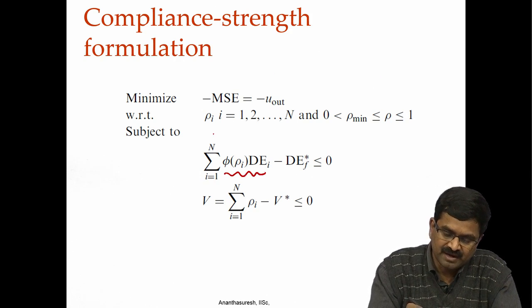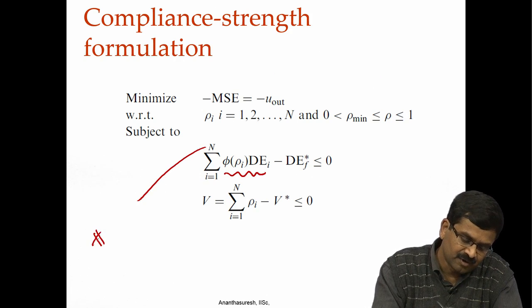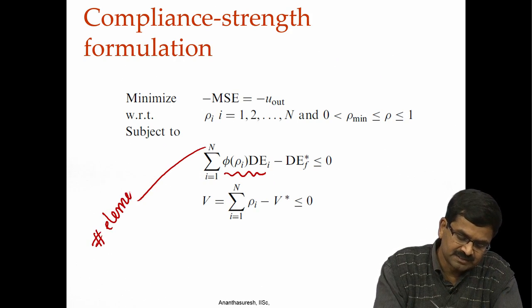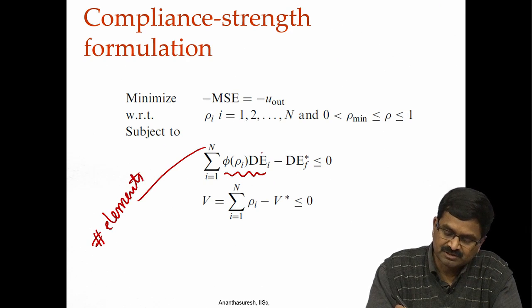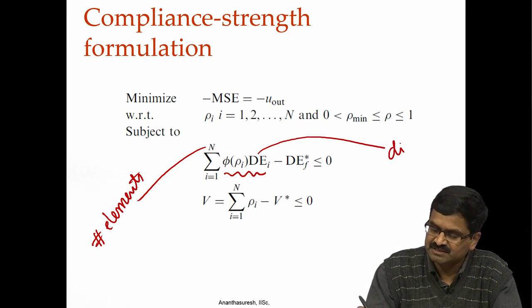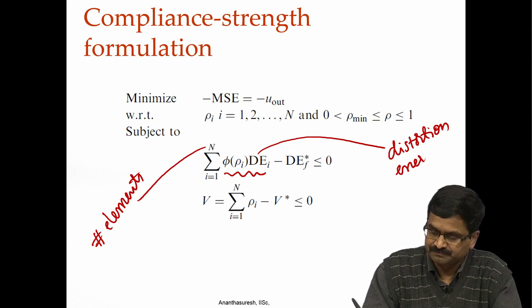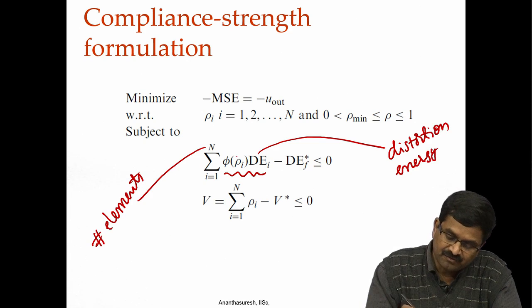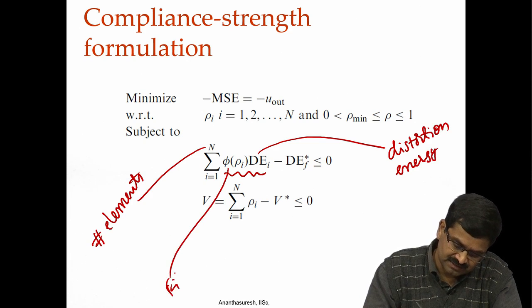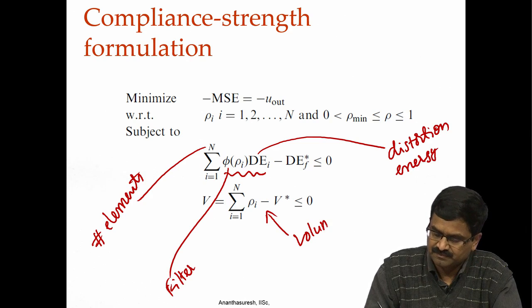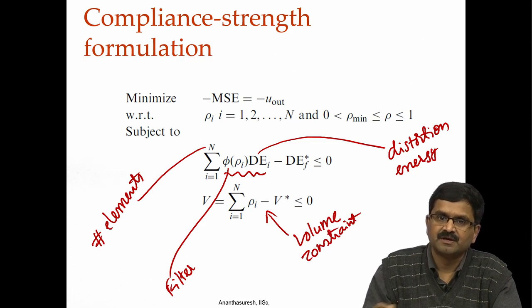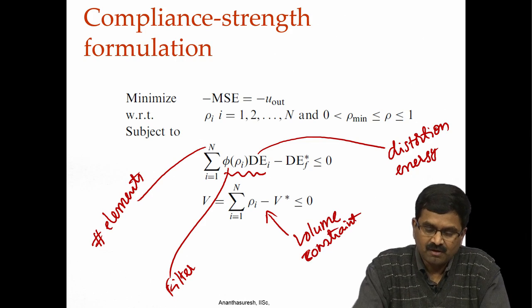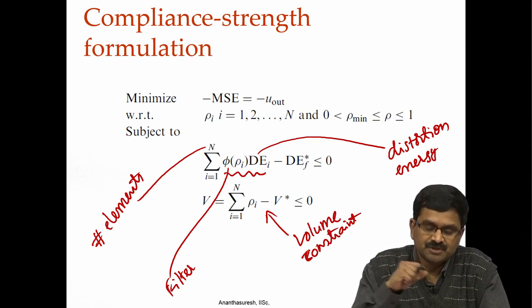We go from 1 to n, where n is the number of elements, and this is the distortion energy of the ith element that we have discussed. Then we have this filter that we just discussed, and then we have the volume constraint as usual. Okay. So, when you have all of this, we hope that we do get a solution, because now we